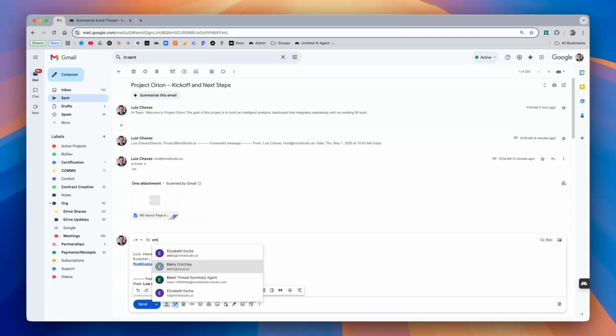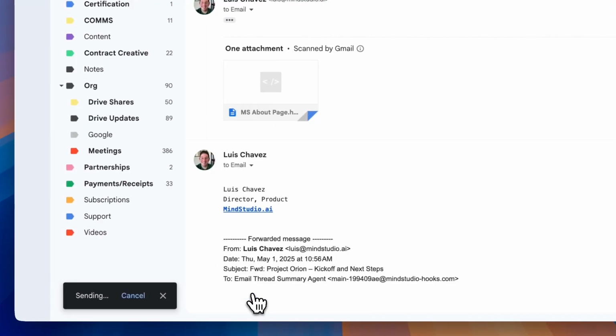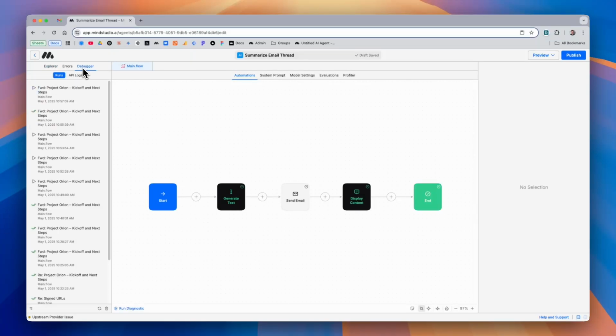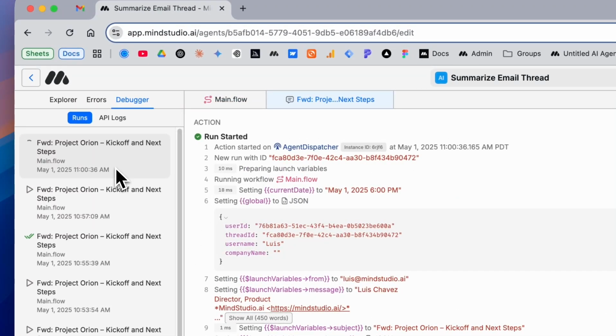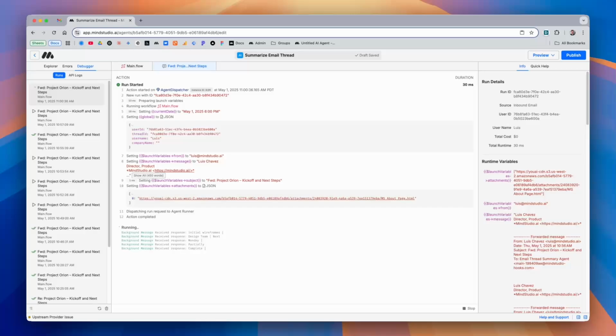I've named this AI agent Email Summary Agent. Now I can just hit send, and then the AI agent starts running. If we go to the agent and open up the debugger, we should see a new thread start running. It takes a few seconds to process all of the information, but when it's all ready, we can check back